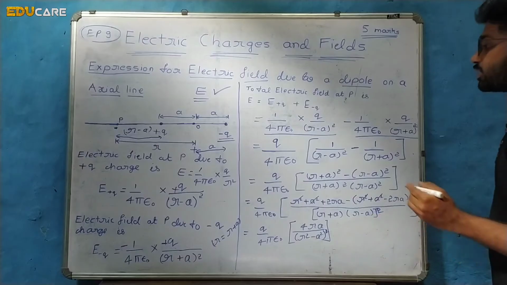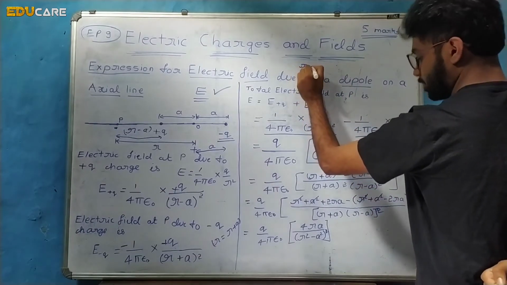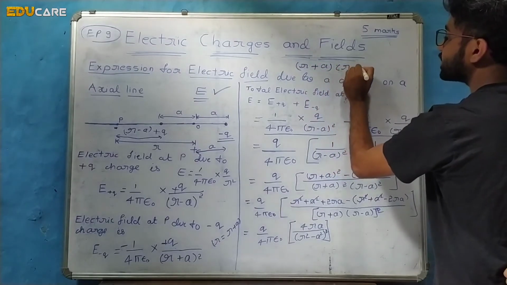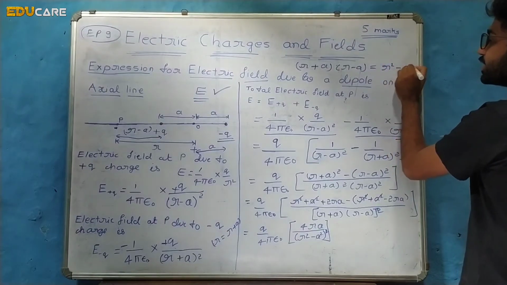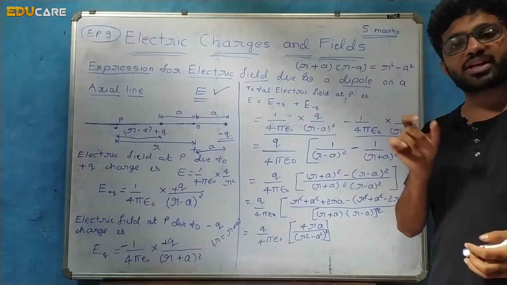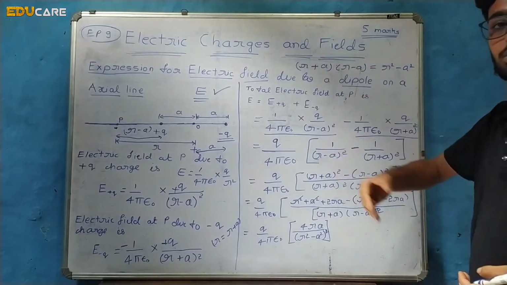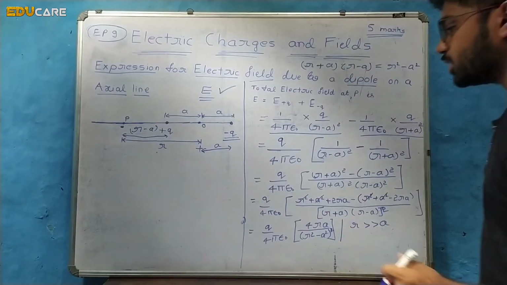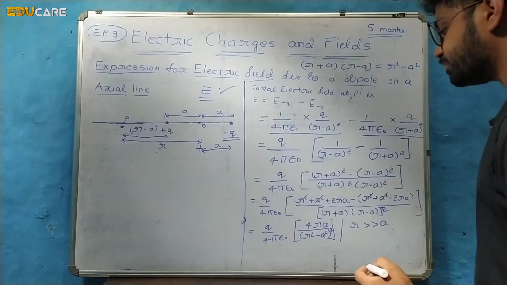Okay, if you didn't get, let me write it here. R plus A into R minus A becomes R square minus A square from the formula A square minus B square. A square minus B square is equal to A plus B into A minus B. So by using that formula, we wrote it like this. Now he is continuing this here. What happens is,